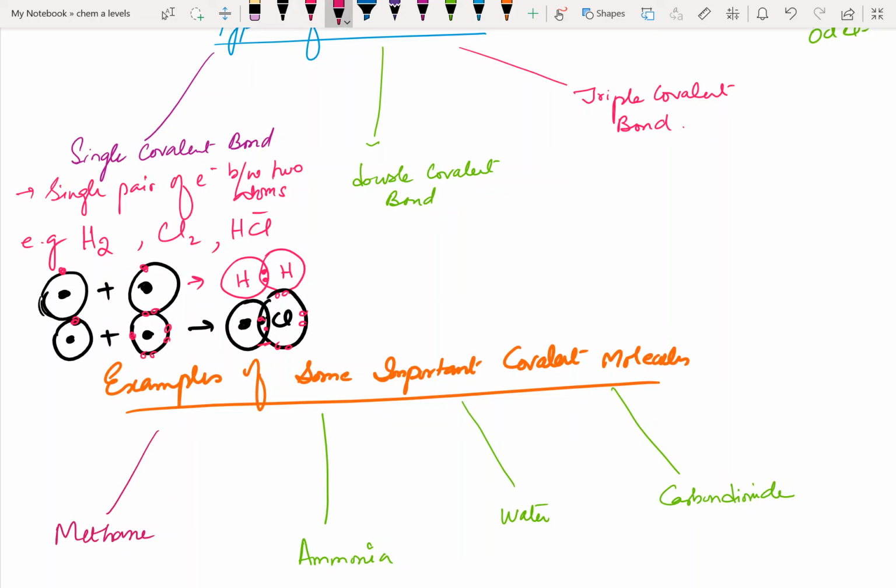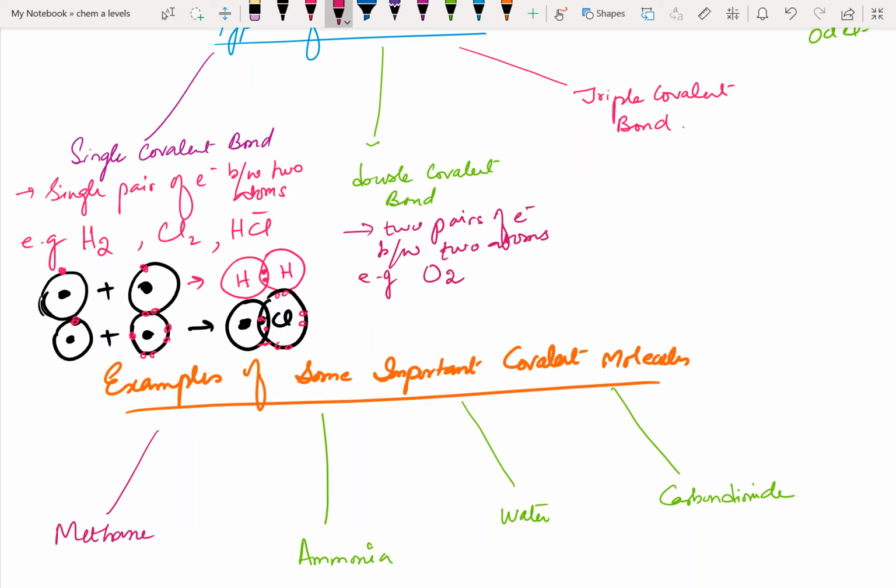Let's talk about the double covalent bond. When two pairs of electrons are shared between two atoms. Two atoms are there and two pairs are shared between those two atoms. For example,